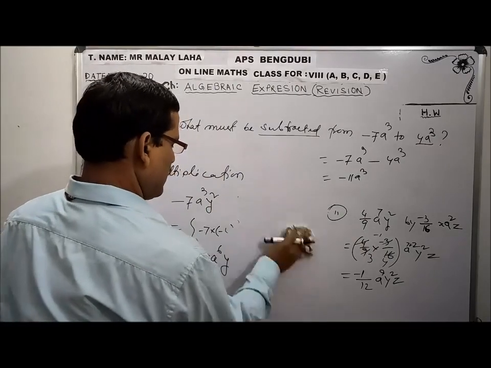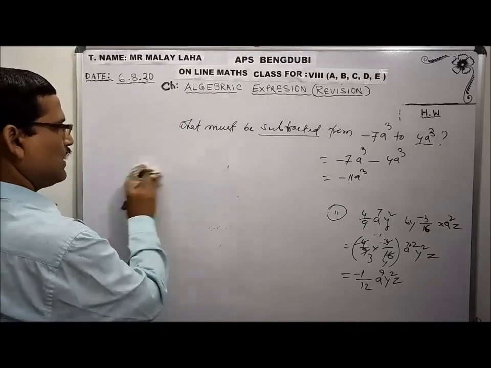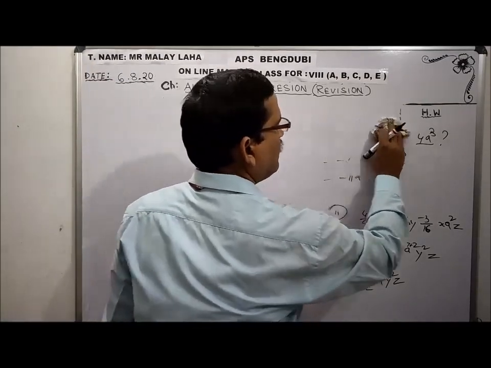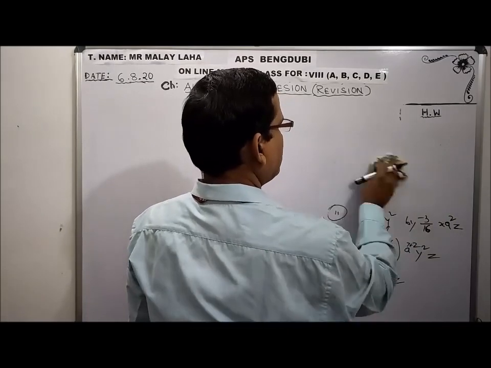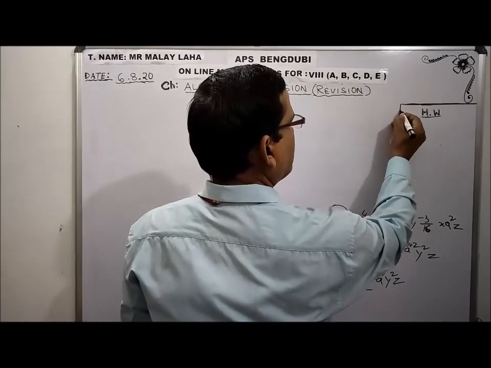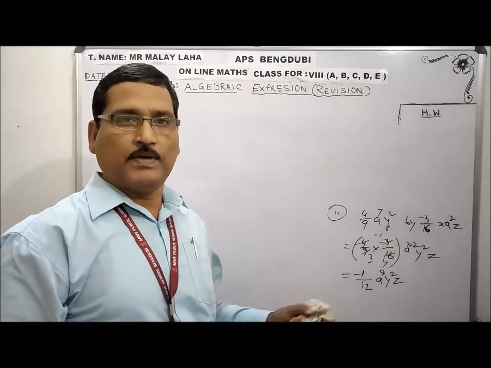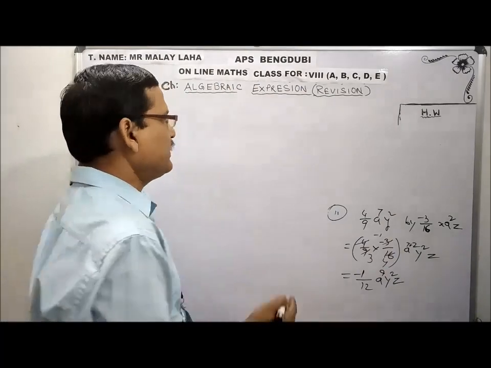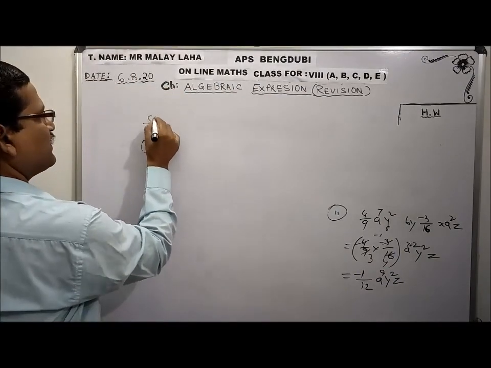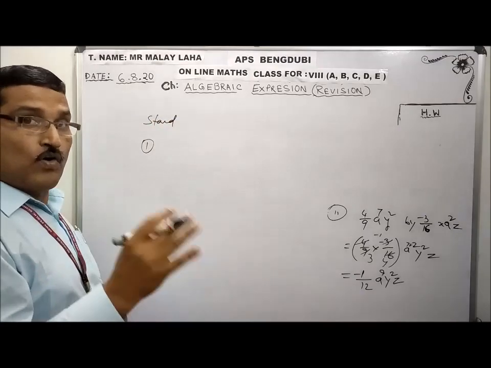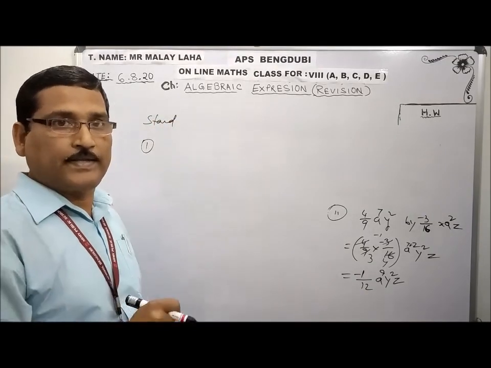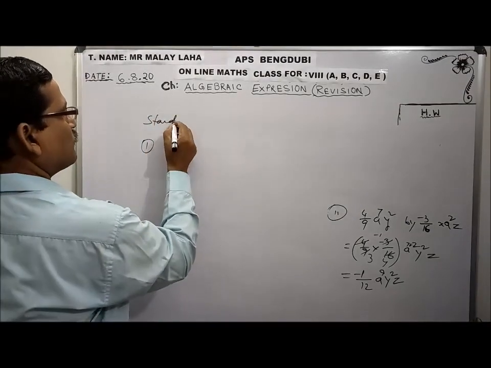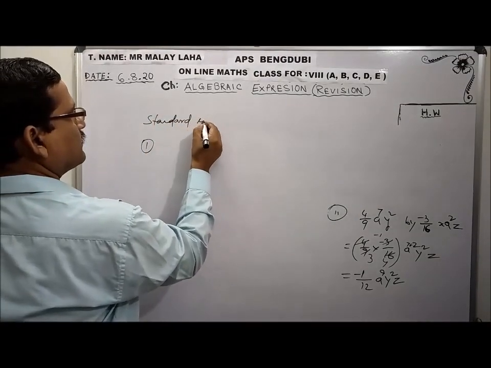Now I am coming to identities. What type of questions will be given in identity? I will not say write the extension of this. I will not tell you this is a big extension question. I am not giving any question to solve. So, standard identities, I have given you. I have given all identities which will be applicable for class 9, but you have to remember only 4 here for application. Those are the 4 standard identities.